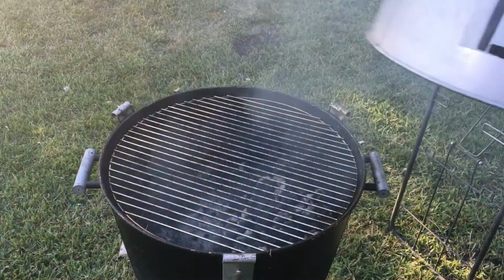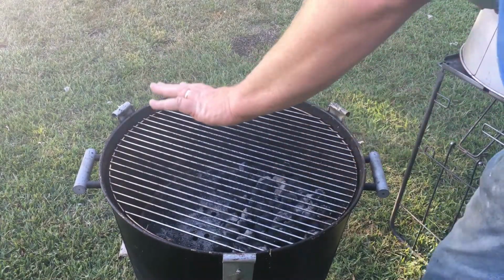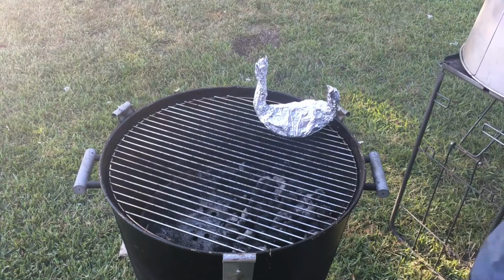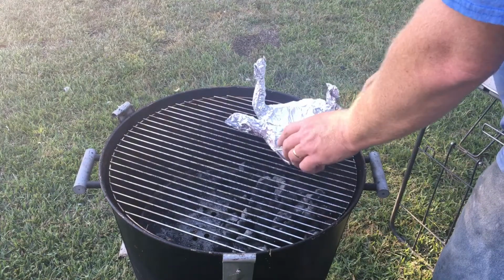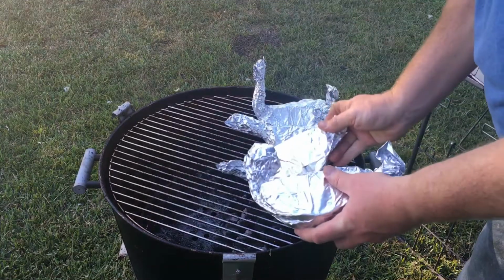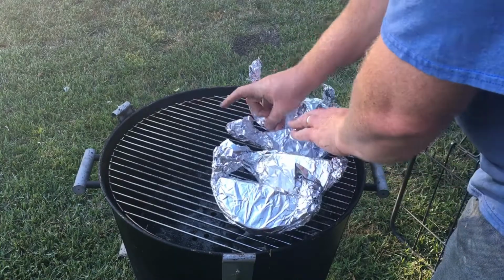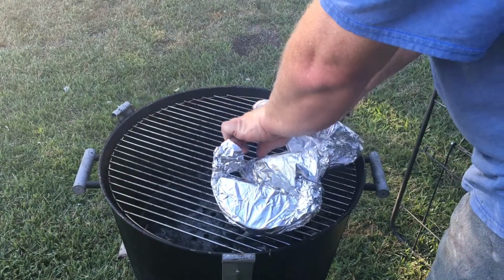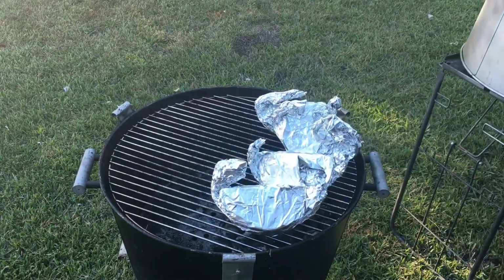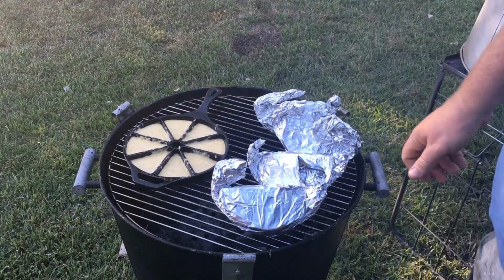Alright, so we're going to cook these on the Old Smokey. Now I've got the coal set up for direct grilling on this side and indirect over there. I may wind up moving these to indirect, but sometimes they'll just do fine on direct. If I had a Weber, they'd go indirect most of the way. Or I have a Weber, but if I was using a Weber, fold these in so you get a little bit more room on the grill. And on the indirect side, guys, I'm gonna stick a plate full of cornbread